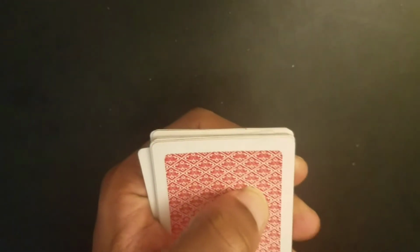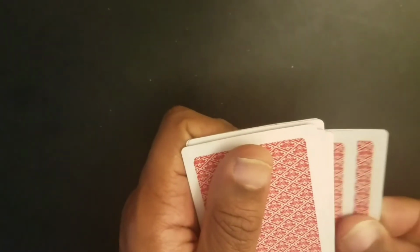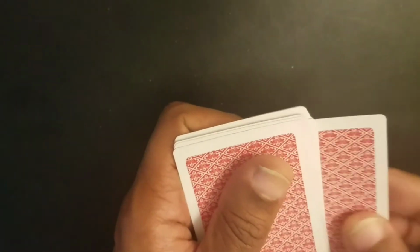F-I-N-D-I-N-G. Place the cards down. Start over again. See, place the cards down. That's why it's important that you don't just count and put the cards like this, one underneath each other, like 1, 2. We're not going to do that. We're going to count onto the table. So here we go with the